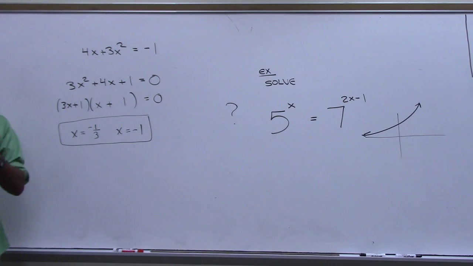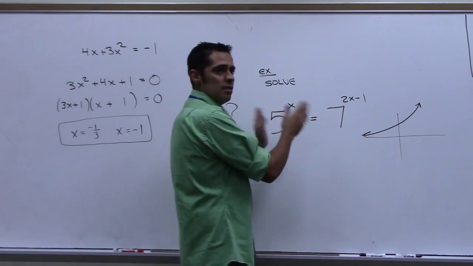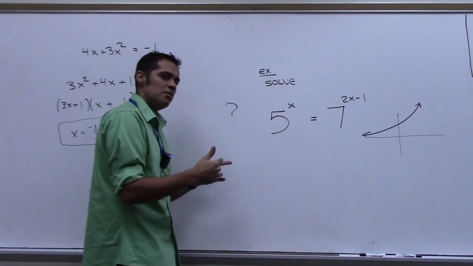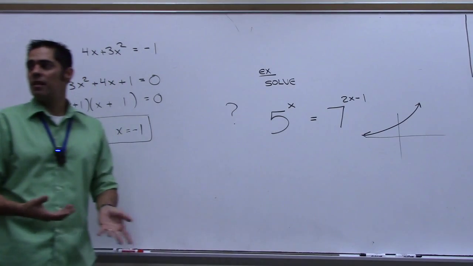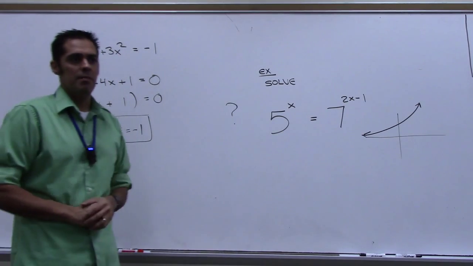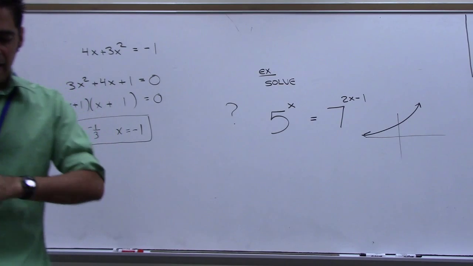And these log functions are going to have a lot of properties to them, and that's what we will actually use to address this. But we have to use the inverse of the exponential function to do it, which we haven't talked about. So that's what next class will be. And then eventually I'll come back to that and we'll solve it, and it won't be that big of a deal. All right? So do your homework for 6.3